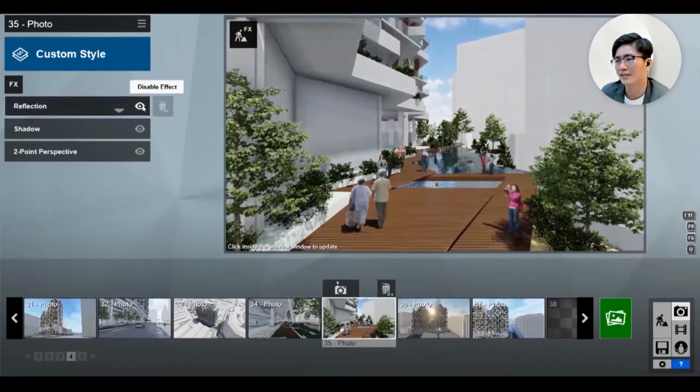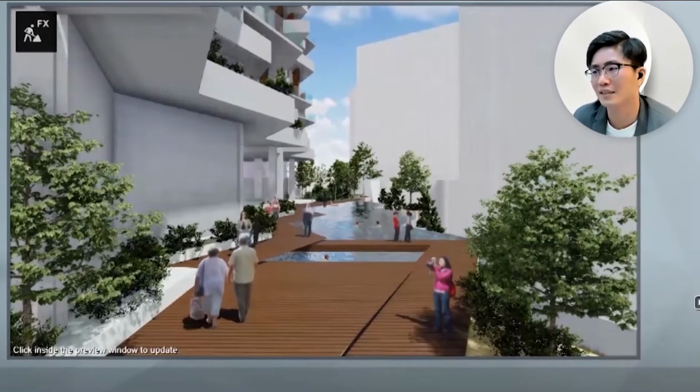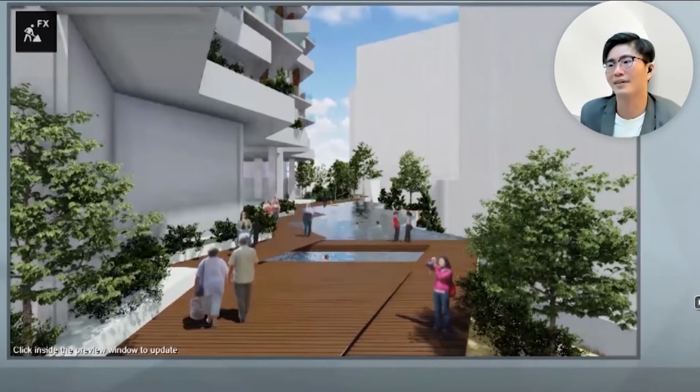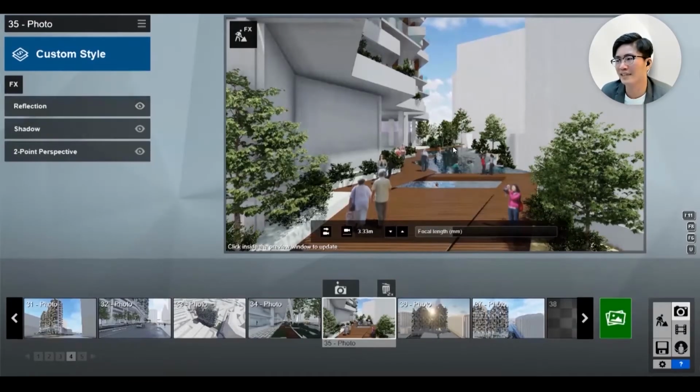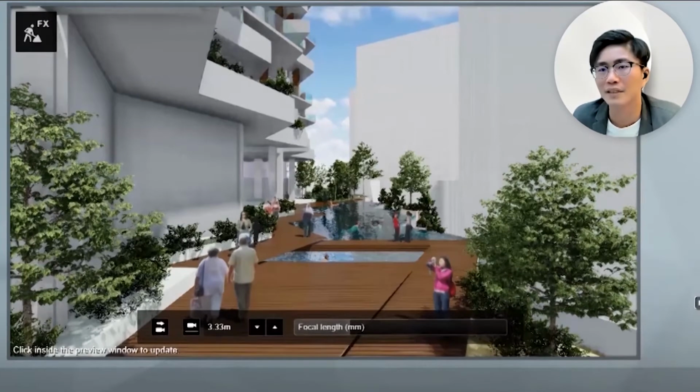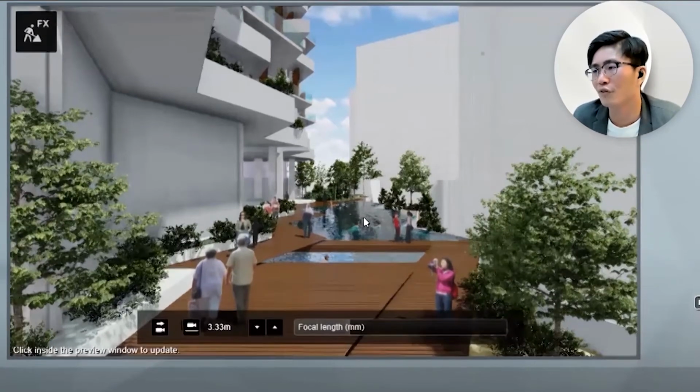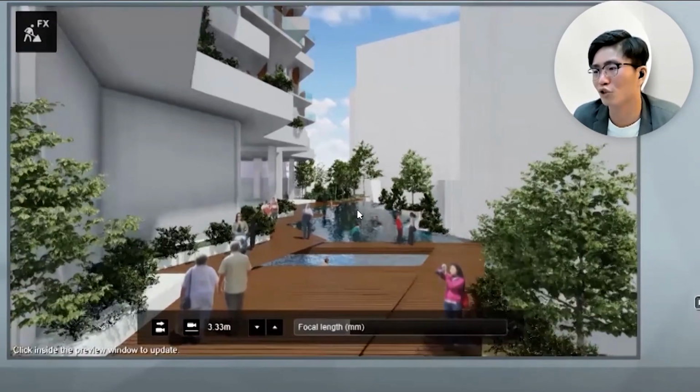You can see the main difference is portrayed at the water. This is before, this is after. So after is actually more realistic. It understands there is context above the water, the trees. When you go closer, this is before. Although it reflects a bit, it's not so smart.